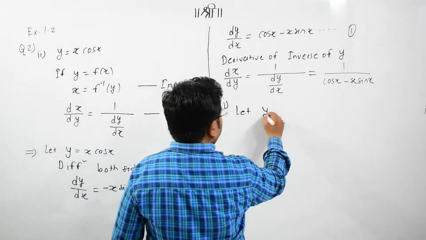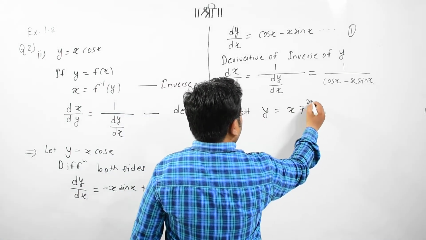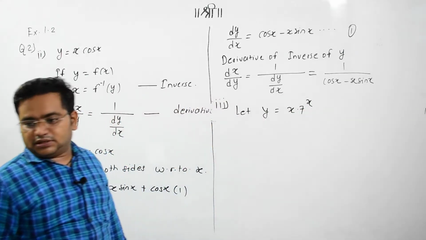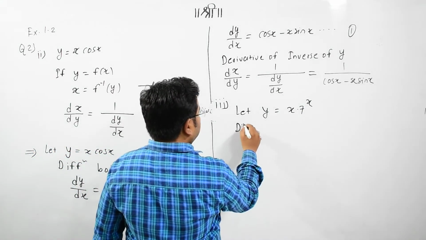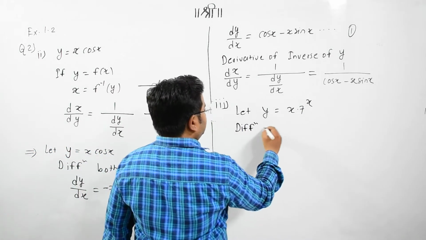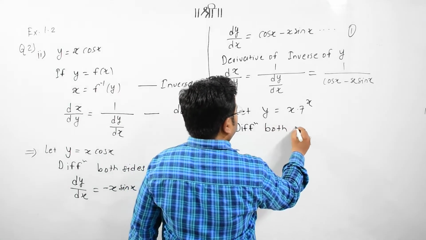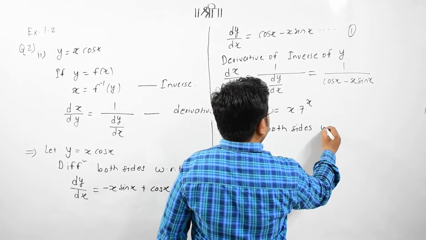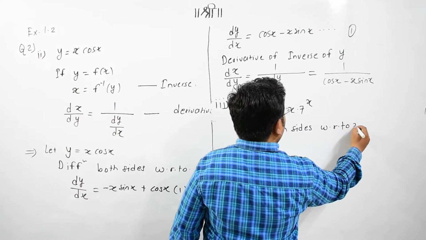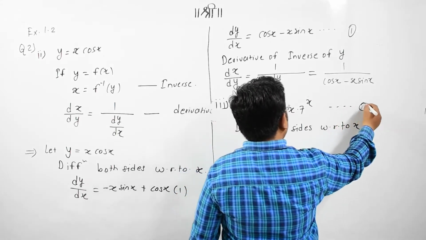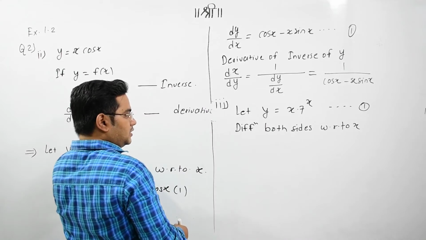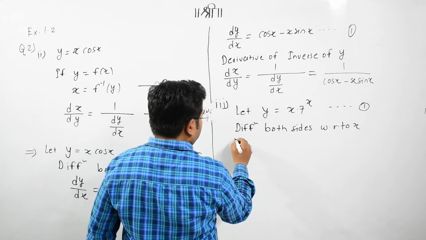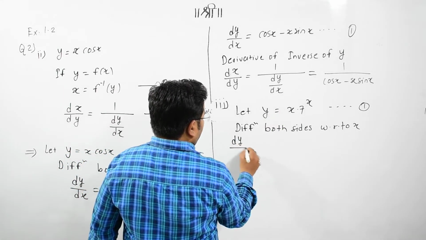Y is equal to x into 7 raised to x. Hope I am correct. Let's check it. Yes. The next step, again differentiating both sides with respect to x. I would like to call this equation 1. So differentiating both sides with respect to x of equation number 1, what will you get,